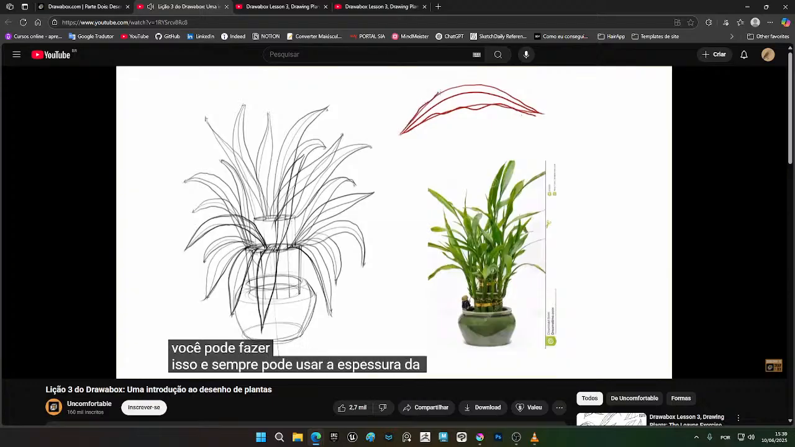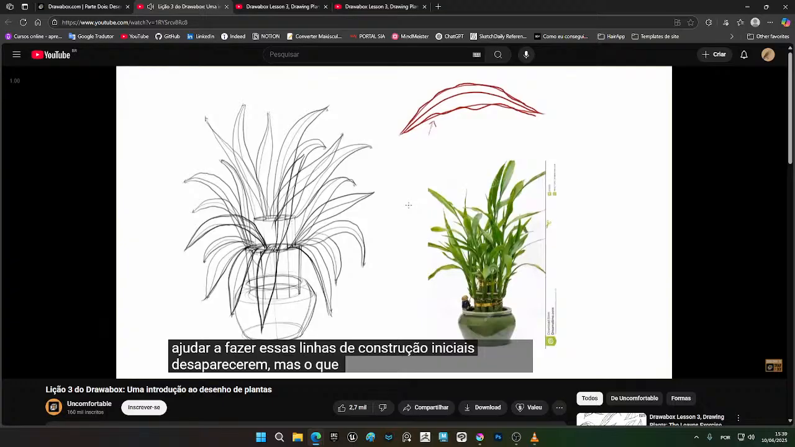And you can always use line weight to help make these initial construction lines disappear, but what you don't want to do is draw the initial construction lines timidly. Because when you draw timidly,